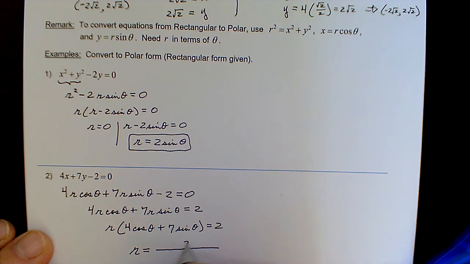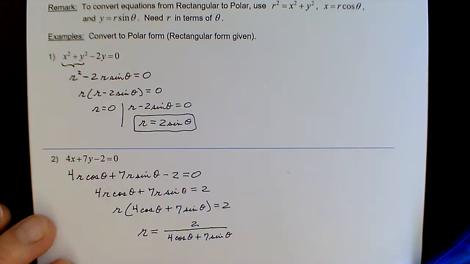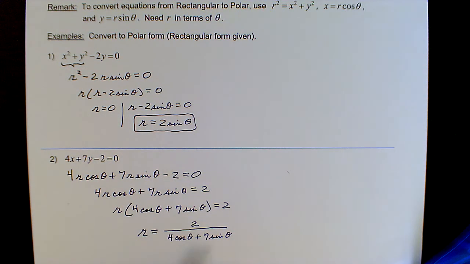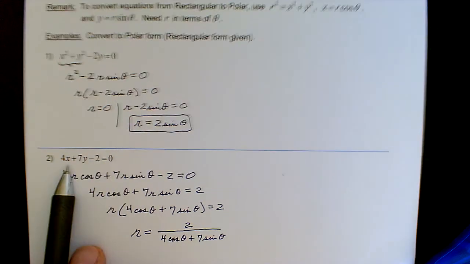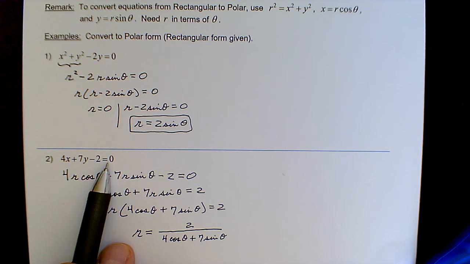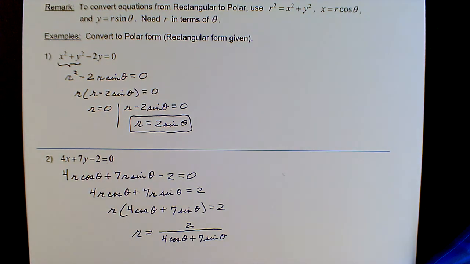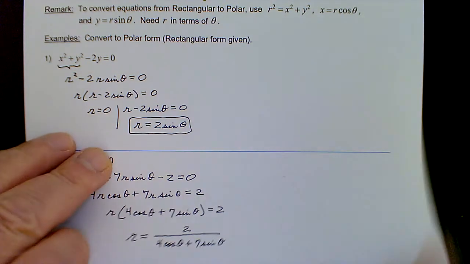So we get a fraction, 2 in the numerator, and what's in parentheses in the denominator. Kind of interesting that that's the equation, kind of complicated. That gives us a straight line, because obviously we recognize this as being a straight line. Okay, so there's a couple examples of converting from